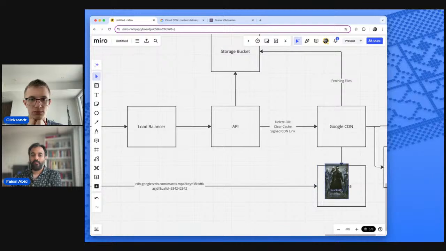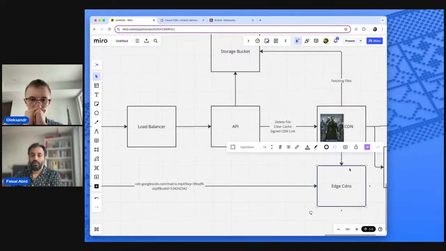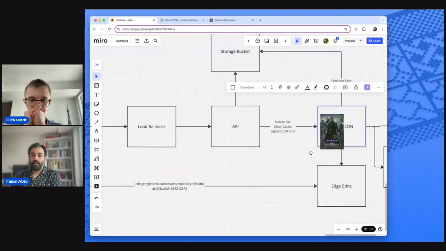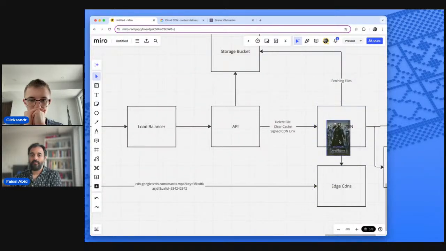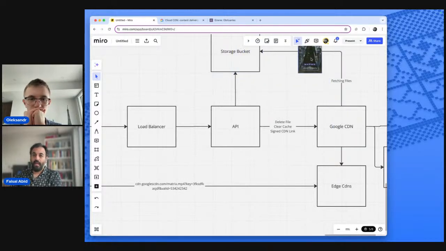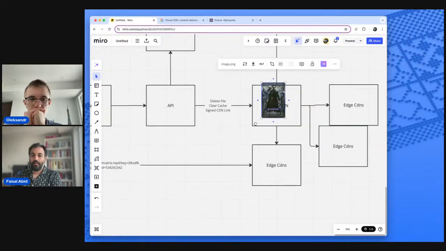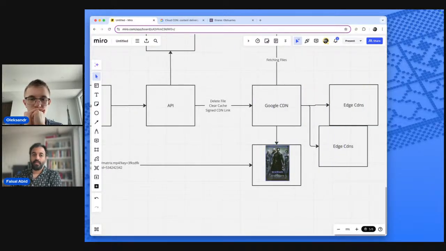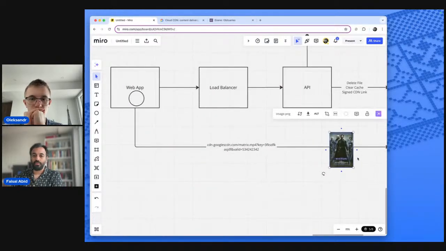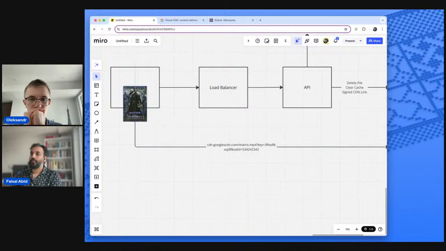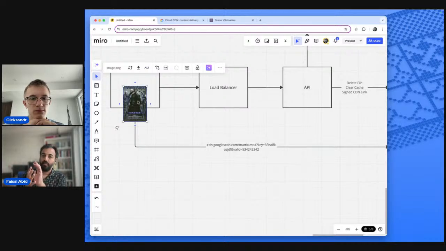Let's say this is the first time, for whatever reason, it doesn't have it. It goes, okay, I'm going to go talk to my CDN papa here. And so it goes, hey, CDN, do you have it? The CDN doesn't. It goes to the Google Cloud Storage bucket, grabs that file, and then that comes here. That gets replicated to all the edges, and then it goes, okay, you want me? I'm going to start streaming bits and bits. Let's just assume it's just streaming bits. It goes here, and it starts watching. All that happens in probably like 300 milliseconds or something, because of how fast the networks are.